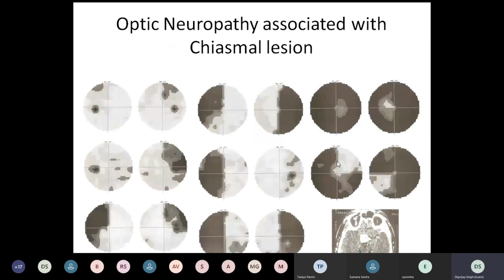So chiasmal lesions, if I look at different field effects that have been described over time, it could be any one of these. You could have partial temporal field effects going on to full hemianopias. You could have a complete optic atrophy on both sides, where you can have a complete generalized depression or a complete washout of the visual field. So any of these could actually be there, remember. It's not necessarily the classical bitemporal hemianopia only.